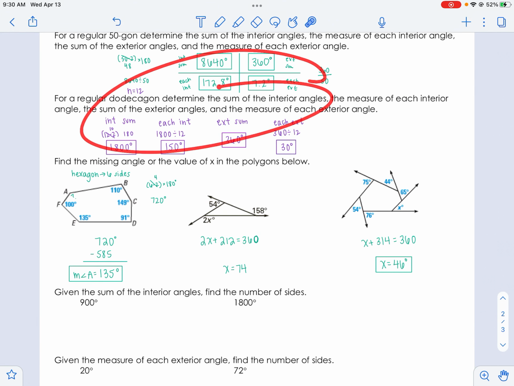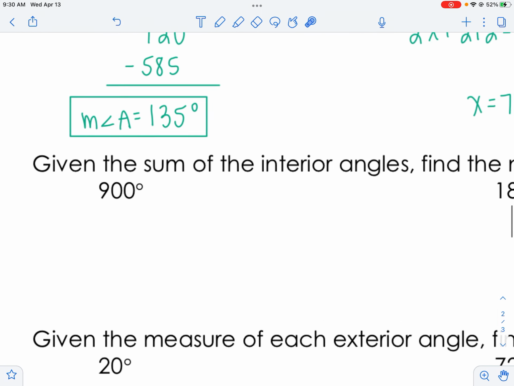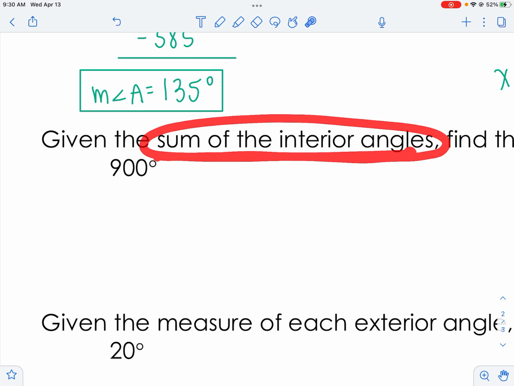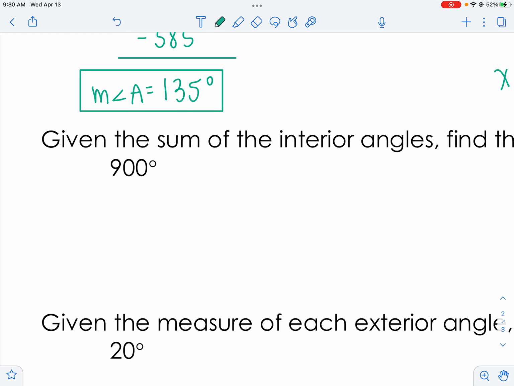Now, we can also use these formulas to work backwards. So if we know the sum, we can use that to work backwards and figure out, well, how many sides, what's the name of the shape? So this says, given the sum of the interior angles. Well, I need my formula if I'm going to figure out the sum of the interior angles. Remember that that's n minus 2 times